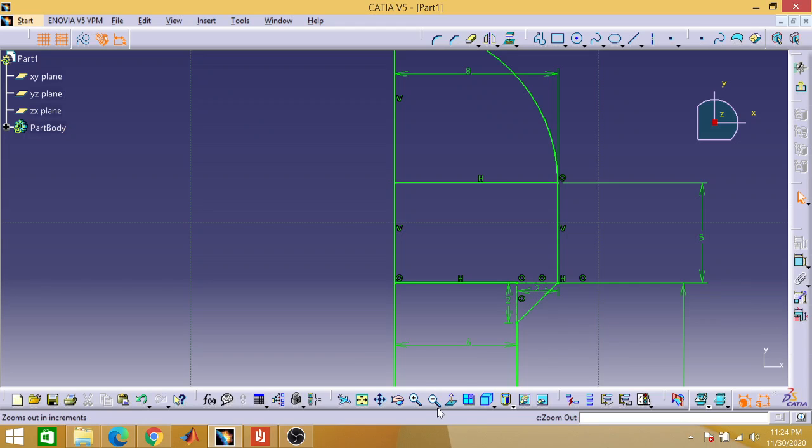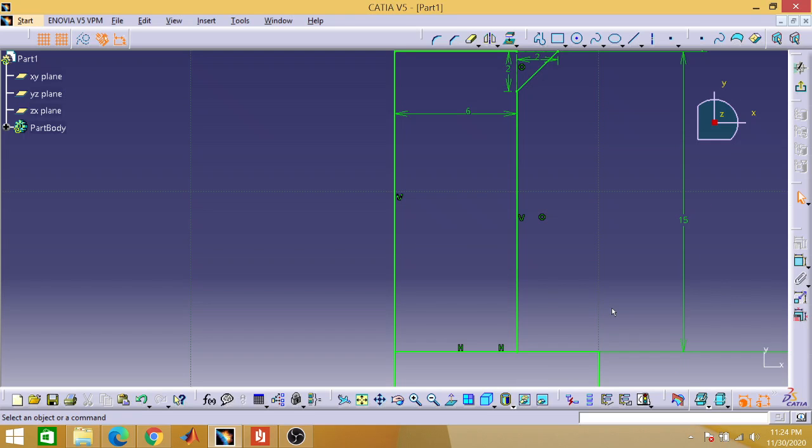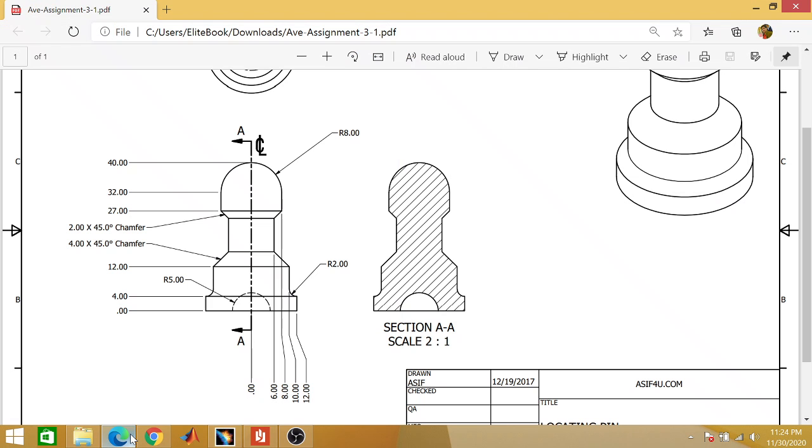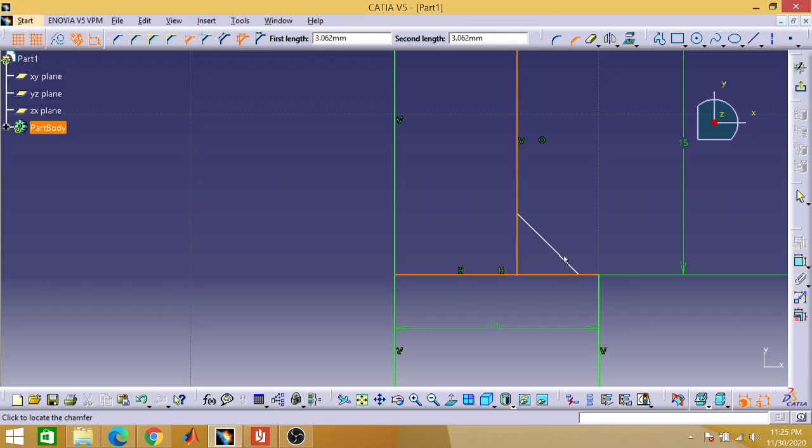And in the same way, I will press the control button and scroll up, and we'll again have a chamfer here. Let me look how much chamfer this is. So this is a chamfer of 4 millimeter and 45-degree. These all are 45-degree, and again chamfer option, make sure this option is selected, and this line is selected, and